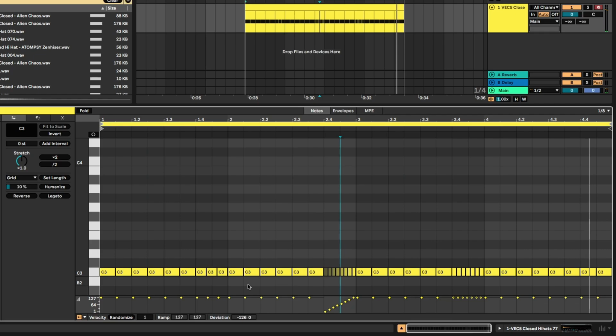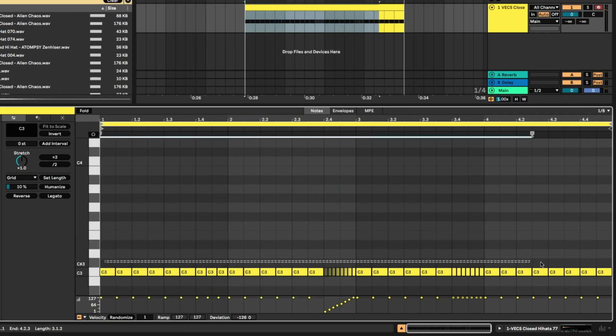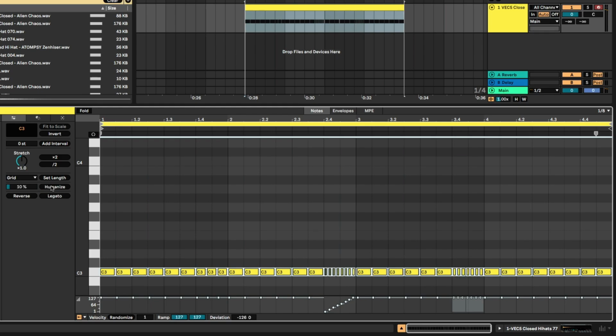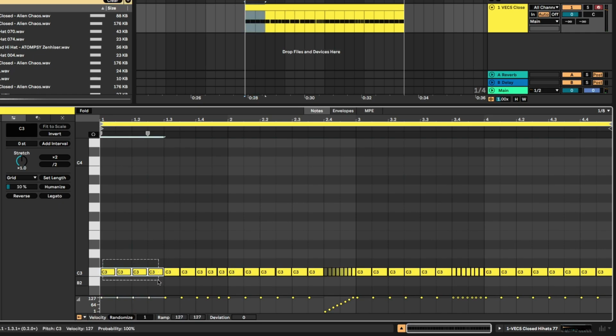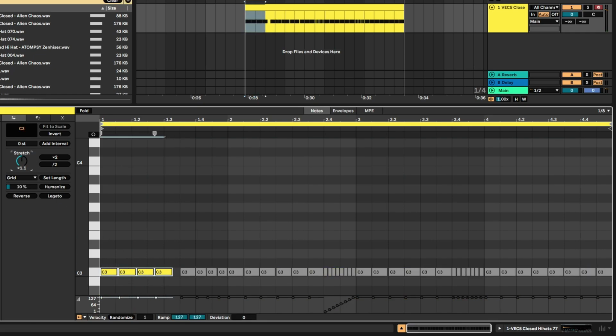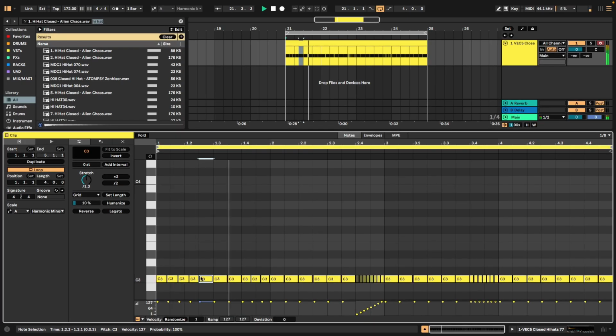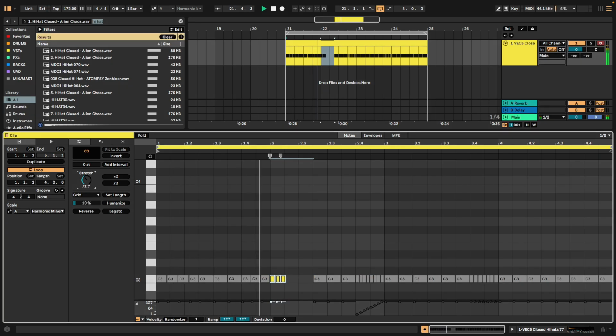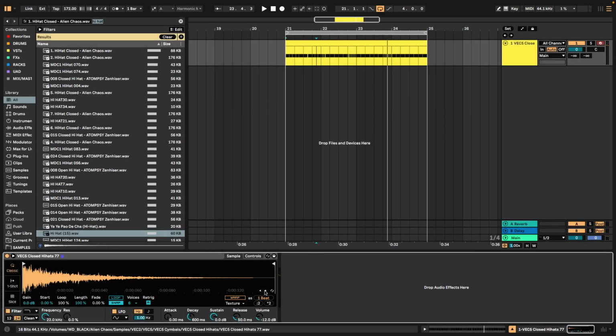To add a small imperfection, I selected the portion I want and reached for the Humanize function that's going to add more human feel to the sequence. Now to time stretch the MIDI notes, it's much easier with the stretch knob in the clip view. I can also use the sample similarity search on the Simpler device.